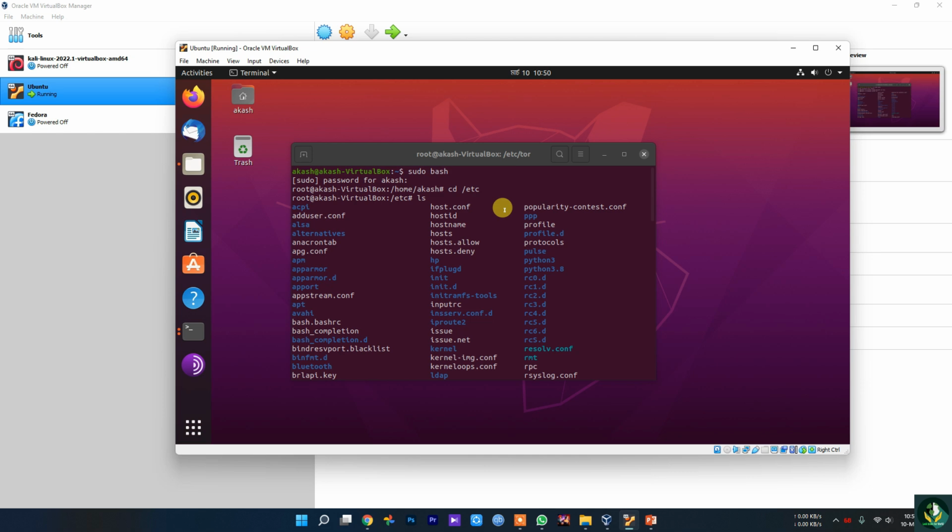I am using Ubuntu, and I would prefer you to use Ubuntu, because as I show the process, some code will be different on Kali Linux. The work will be the same, but the code will be different. So it's better to use the same virtual machine operating system as I am using, Ubuntu.